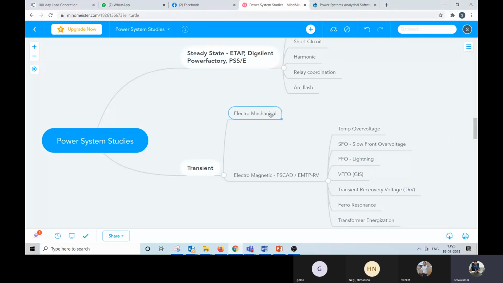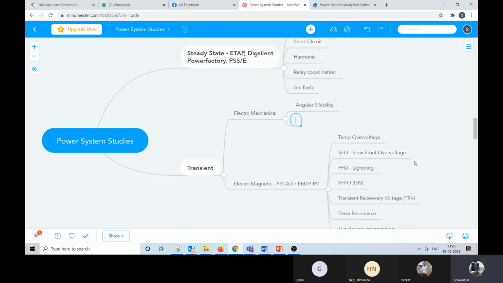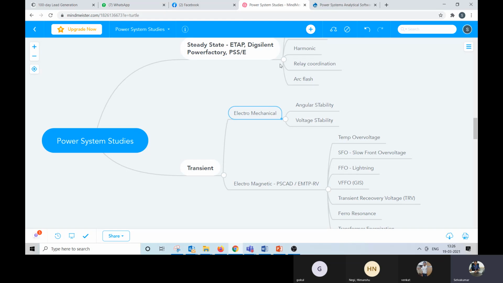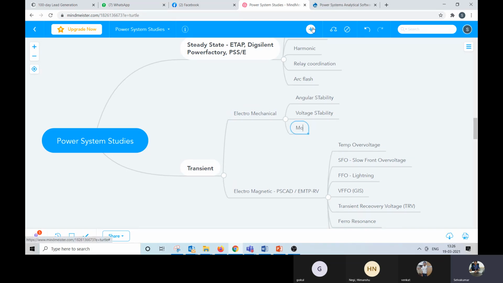Electromechanical transients you can further classify into many types. One is angular stability or transient stability, right? Then you can look at voltage stability. You can talk about motor starting, that could be an example, or motor acceleration study.